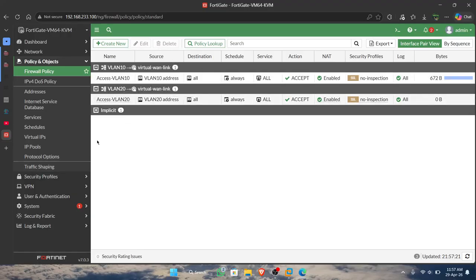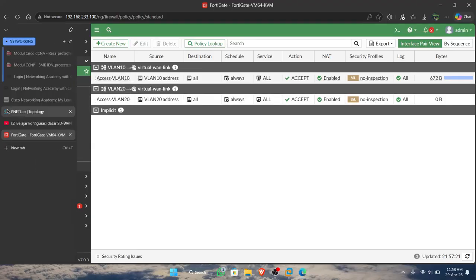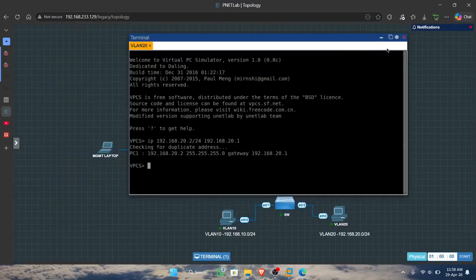Okay, if you have the firewall policy configuration, the device from VLAN 10 can ping the network. We can try this.